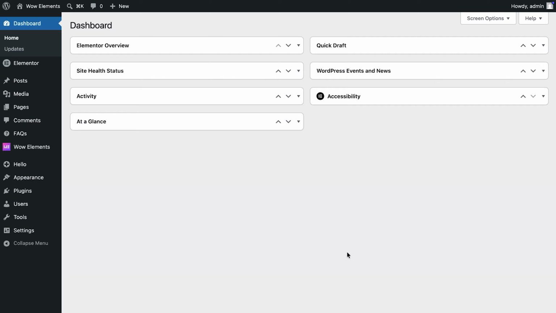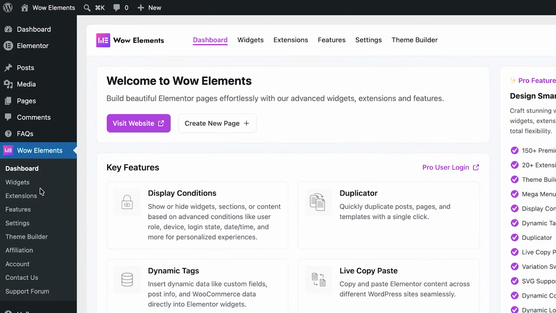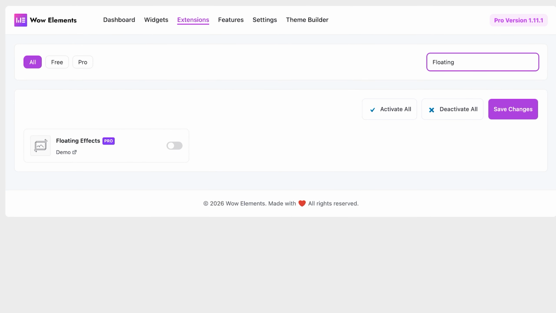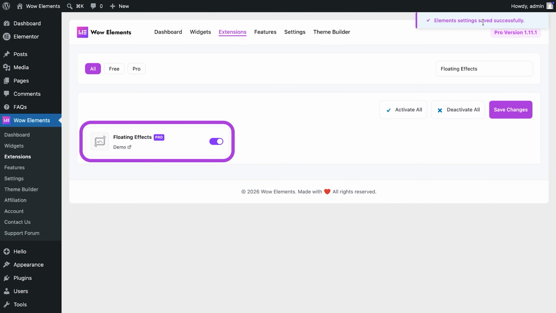To get started, open your WordPress dashboard and navigate to the WoW Elements panel from the left sidebar. Open the Extensions tab and use the search bar to find the Floating Effects extension. Once you locate it, enable the extension by turning on the toggle, then click Save Changes to activate it. Please note that Floating Effects is a WoW Elements Pro feature, so you'll need an active Pro license to use